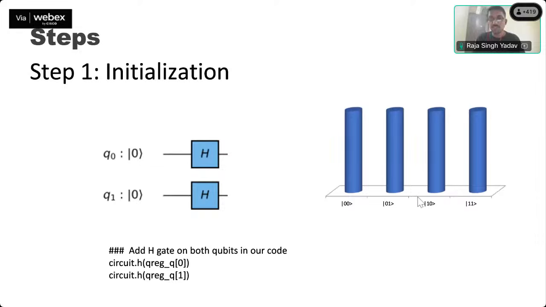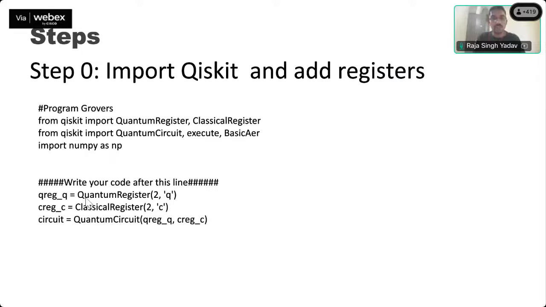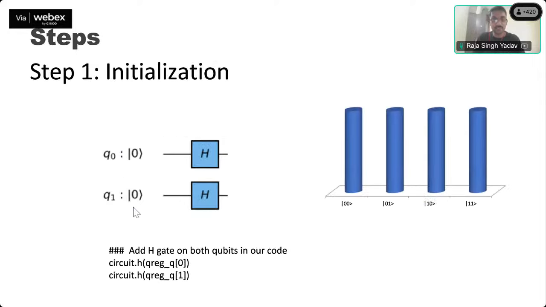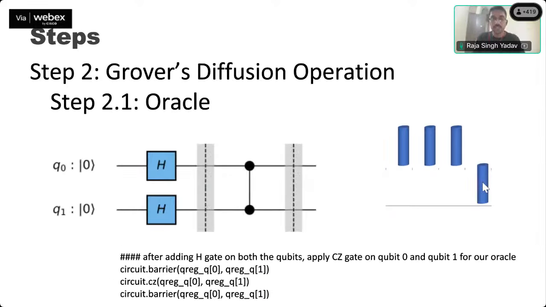So if you have to initialize 00 by default, just say I want to have 2 quantum registers, 2 classical registers, and I'm combining them into one common object called circuit. Once that is ready, I will apply the H gate. So circuit.h, apply Hadamard gate on Q0 and Q1. You'll get all your states, and then